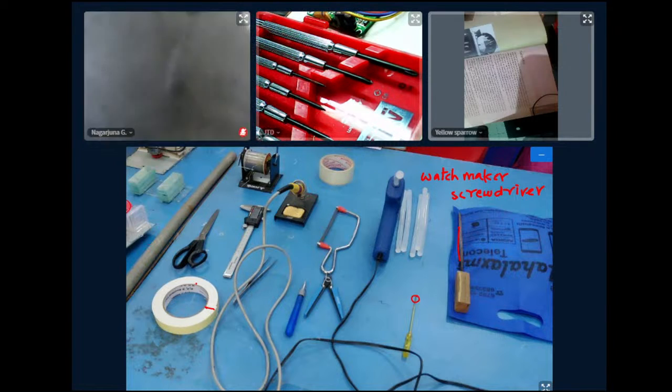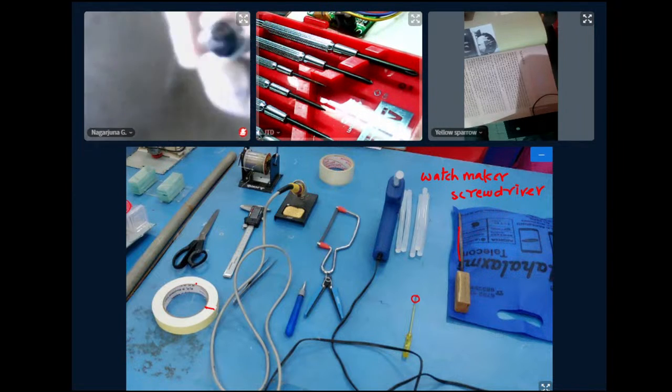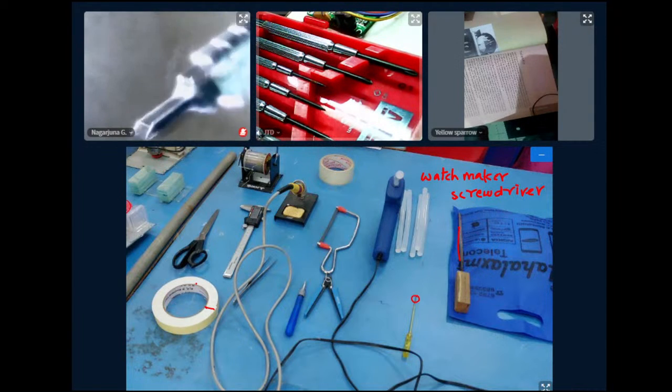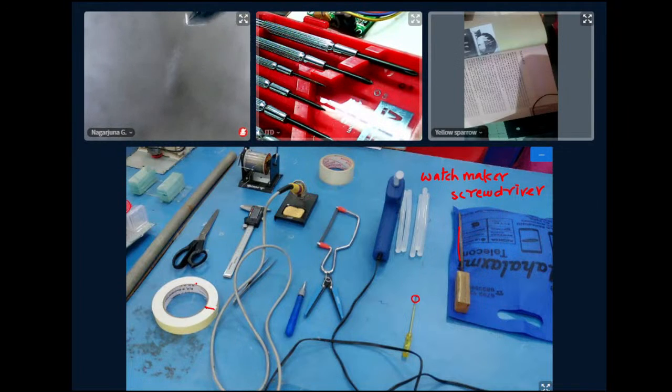Jude is also showing the tip of the screwdriver. They are ISO metric standards, with the nomenclature M1, M2, M3, M4. M1 is 1.4 mm, M2 is 2 mm, M3 is 3 mm, M4 is 4 mm, and that refers to the nominal screw diameter. When you have an M2 screw, the head diameter will be of a certain type,